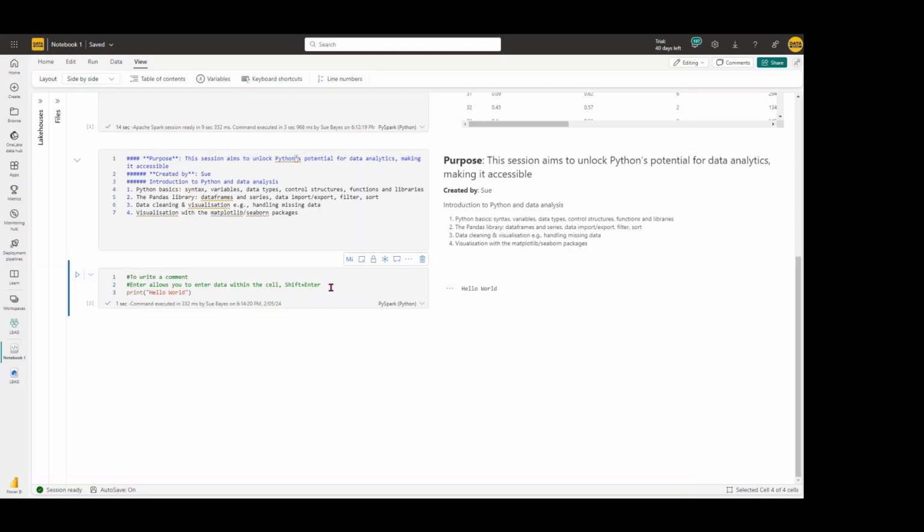In this, if you press enter, it allows you to enter data within a cell. Shift and enter allows you to run the cell. So you press shift and enter, or you can press play, and then you can see that it's working. The other thing which I think is particularly useful is when you are